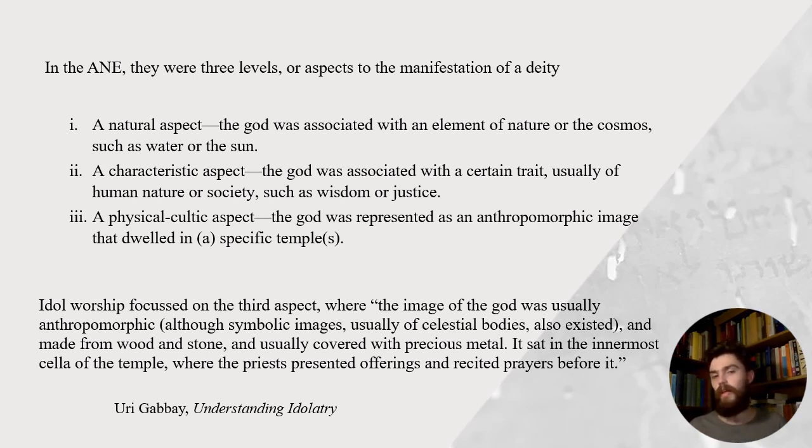And I think it's interesting to point out that this is the same practice that's still present in Israel when they make the tabernacle. Certainly they're not making an idol of Yahweh, but they have a wooden box made of wood that has stone tablets in it, and it's overlaid with precious metal, and it sits in the innermost cellar of the temple, and the priest goes in once a year to offer blood and petitions before Yahweh. And so this same logic is still present in the Israelite religion. It's just not as pagan, so to speak, and not as anthropocentric or man-centric. It's more theocentric, or centered on God.